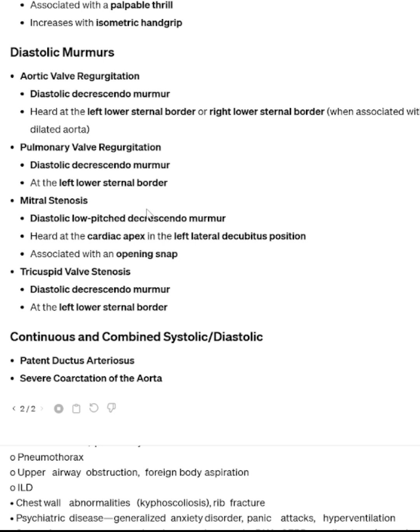Continuous and combined systolic-diastolic murmurs: patent ductus arteriosus, severe coarctation of the